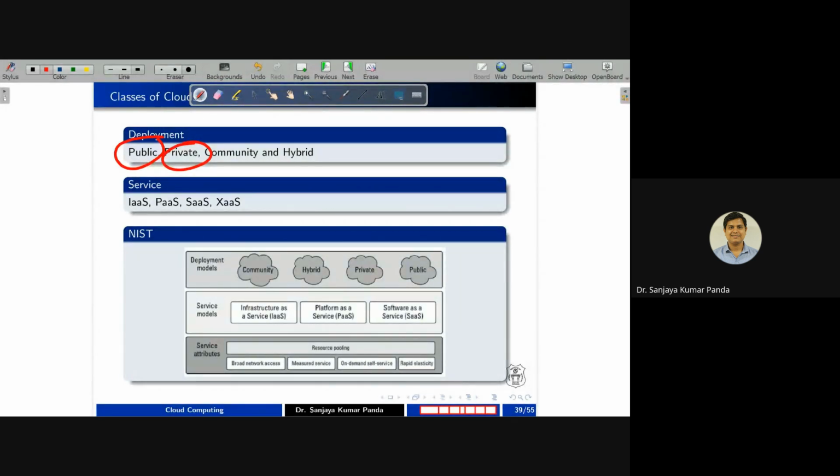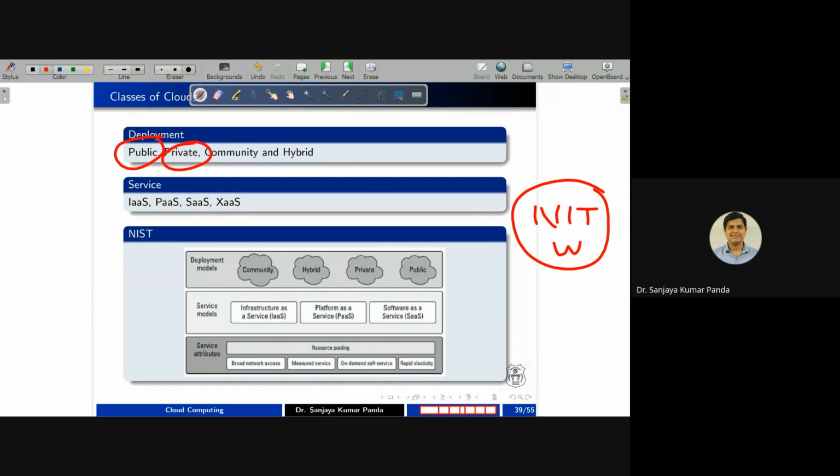There is another cloud, that is private cloud. For example, NIT Warangal has set up a particular cloud which is explicitly used for the faculty members, students, staff, and stakeholders of the organization. If anybody is outside our NITW organization, they cannot use this particular cloud. Whatever service we provide, anybody can use, right, if it is a public service. But we have set up our cloud, which is restricted to our organization boundary. So in that case, we can go for private cloud.